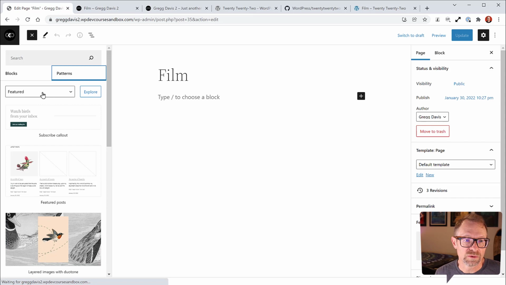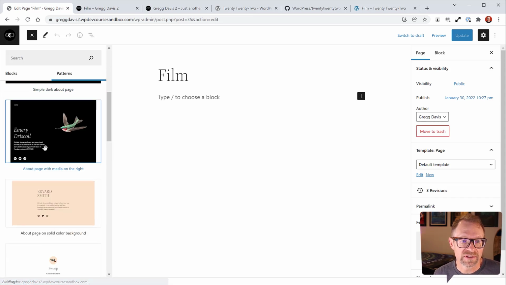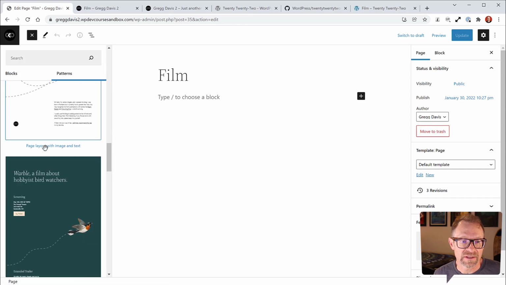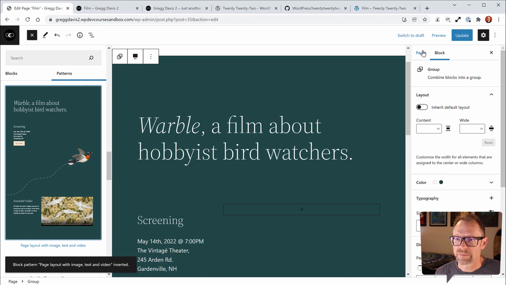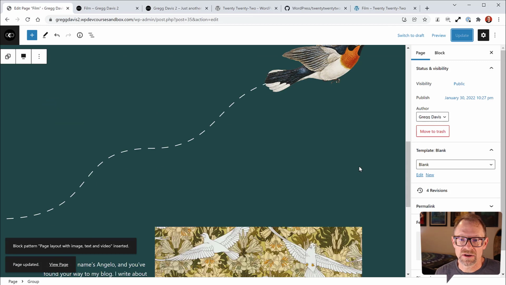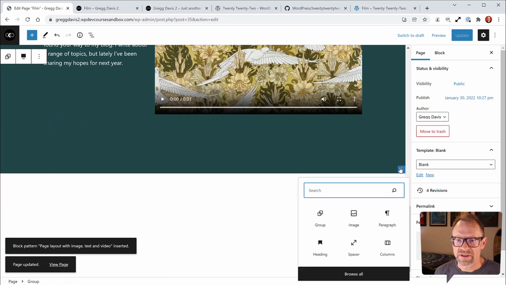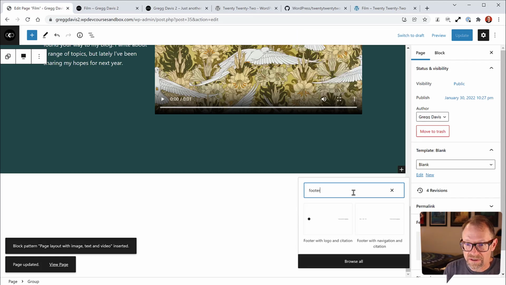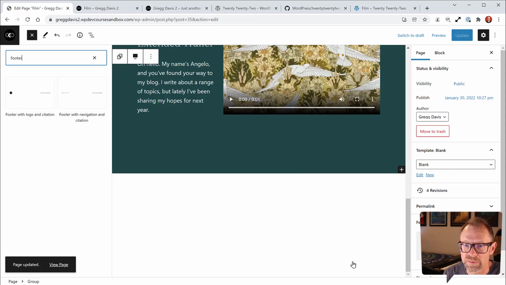If I go to patterns, and where was that? It was full pages. And here's the full page template that I want. Yep. Back to page in the settings panel. I want to use a blank template. And now, you know, I want to add a footer down here. So if I say plus, and let's see, just look for some footers. These are just a couple of footers. Let's browse all